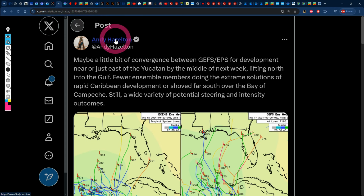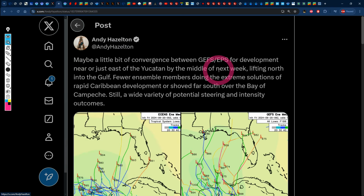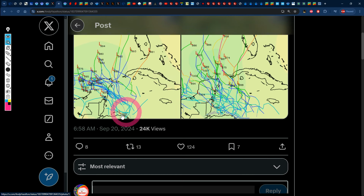We also have another post here from Andy Hazelton. He's also another one of those persons on Twitter. If you're not already following them, you need to. These are the experts in general. He actually works at the NOAA. He's an associate scientist there, and from time to time he makes some accurate posts about the hurricane season on his platform as well. He stated on his latest post that just came out at 6:58 a.m. this morning,